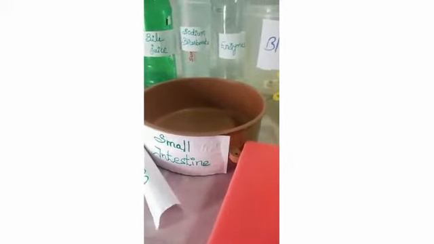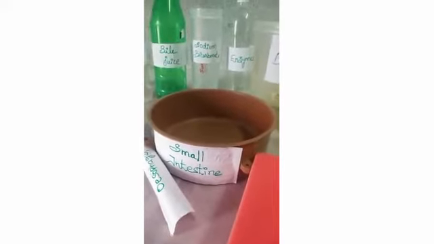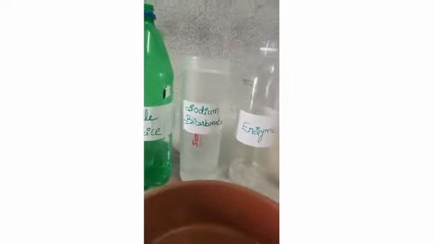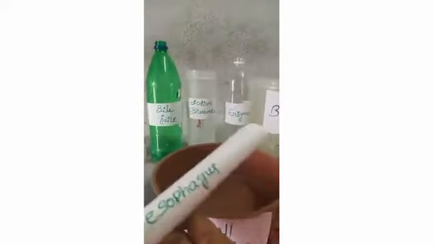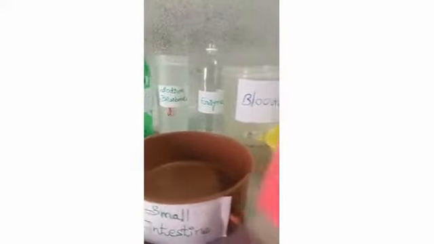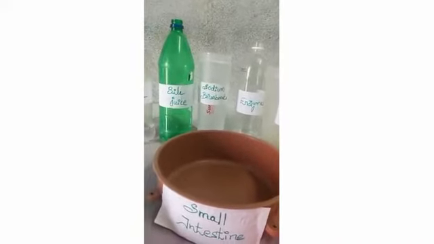Here I am showing a simple activity to explain the digestive system with low cost material. For this activity I have taken 3 bowls for the mouth, the small intestine, and the large intestine, and one for the blood. These are the bottles for enzymes, sodium bicarbonate, bile juice, HCl (hydrochloric acid), and saliva, and this is the esophagus. The next one is for villi. So I have taken these apparatus for this activity.